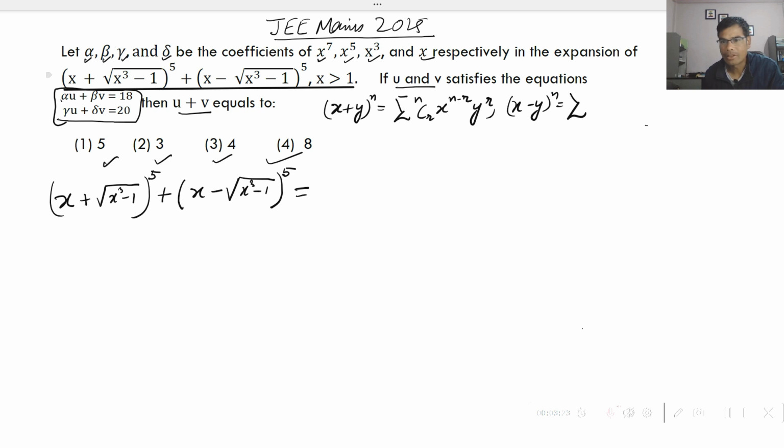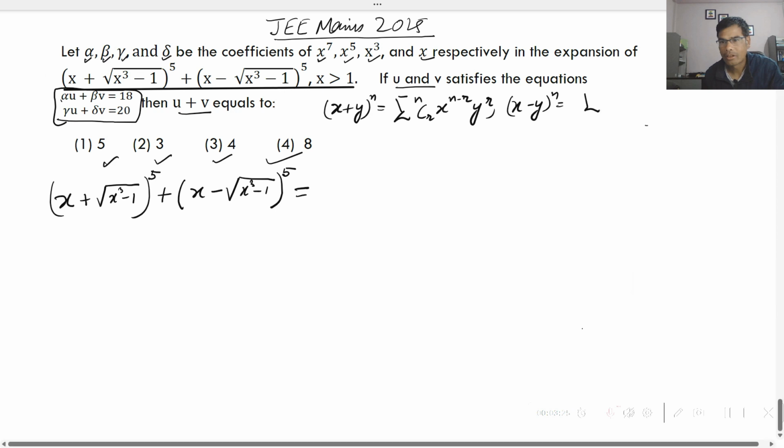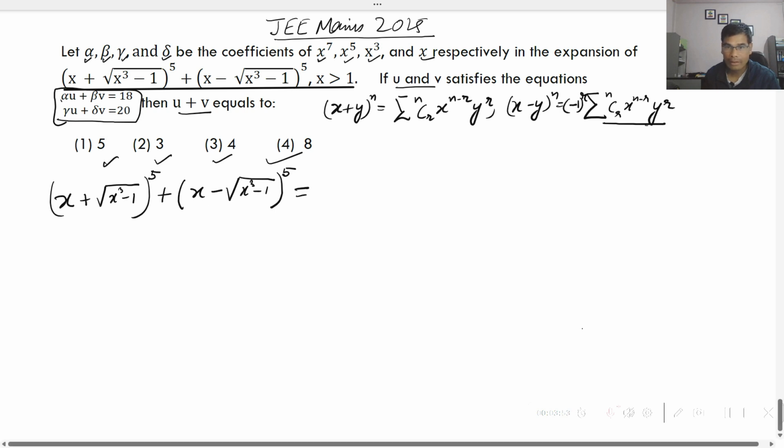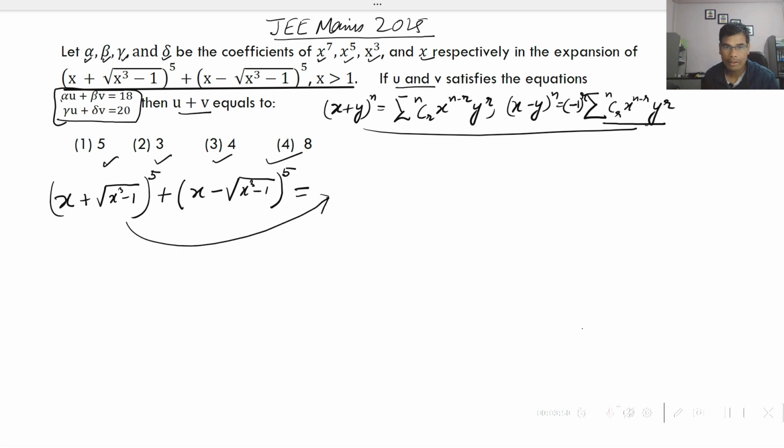So this is summation of nCr x to the power n minus r y to the power r. So we are having exactly the same terms. The only difference is the sign, minus 1 whole thing to the power r in front. So now since we are having exactly the same terms, by this result, the expansion of the first one is equal to